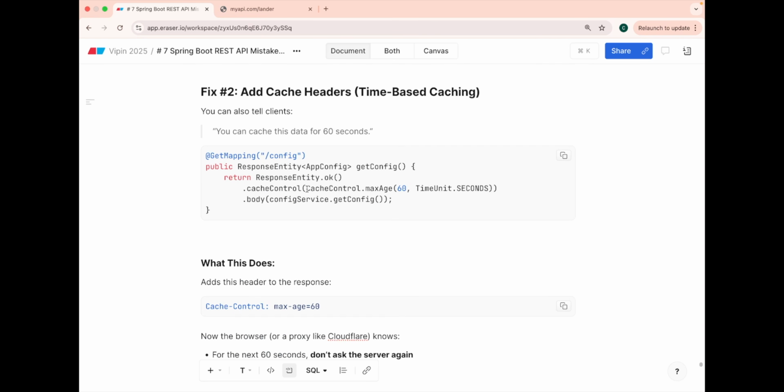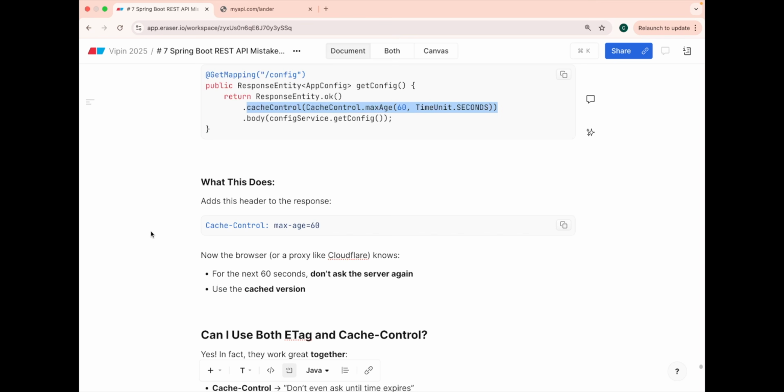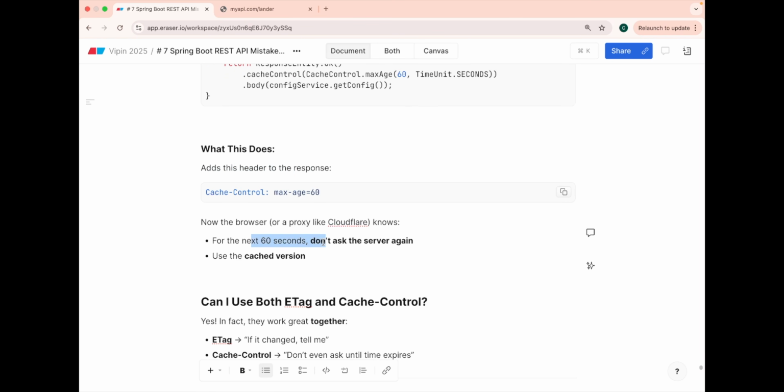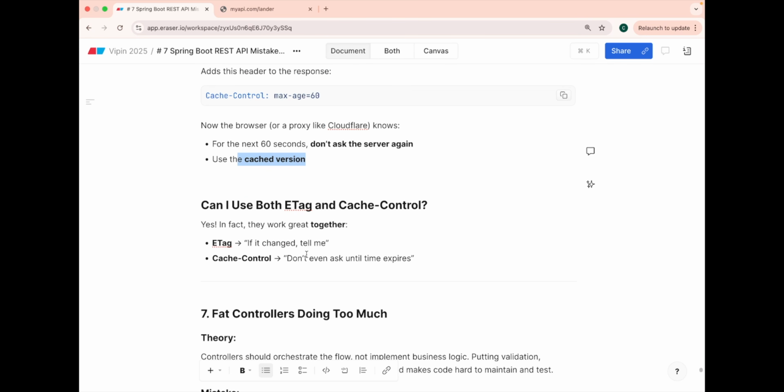The second way, as I've told you, is explicit cache control. This is time-based caching control. It adds a header to the response saying, okay, this is the request that you asked for, this is the response, this is a product detail, and you can cache me for 30 days. So now the browser will cache for 60 days or 30 days or 60 seconds, whatever you send in the header, and it will not ask the server again, and rather will use the cached version itself. Now the question you will ask me is, can I use both e-tag and cache control? Yes, you can do that.